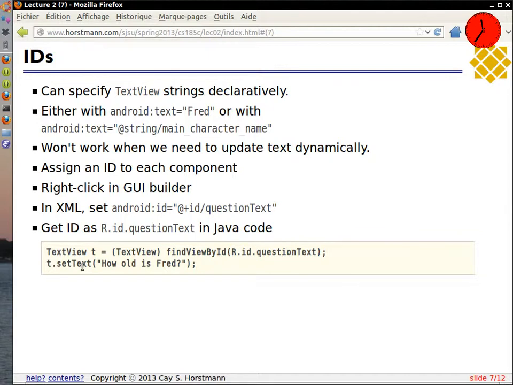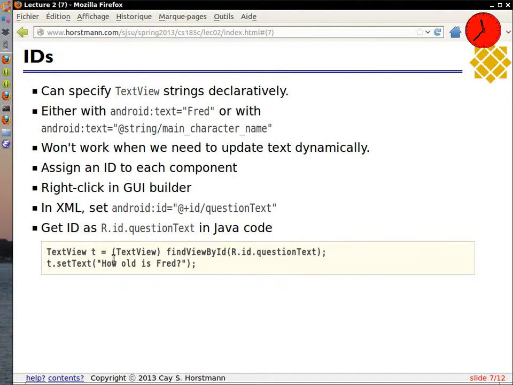But that leaves the question, how do you look it up? And the lookup is a little hokey. What you have to do is give the form an ID. And the easiest way of giving an ID is you right-click on the field and assign an ID. And the ID has a numerical value and a textual value. And you could, if you wanted, actually choose the numbers yourself,